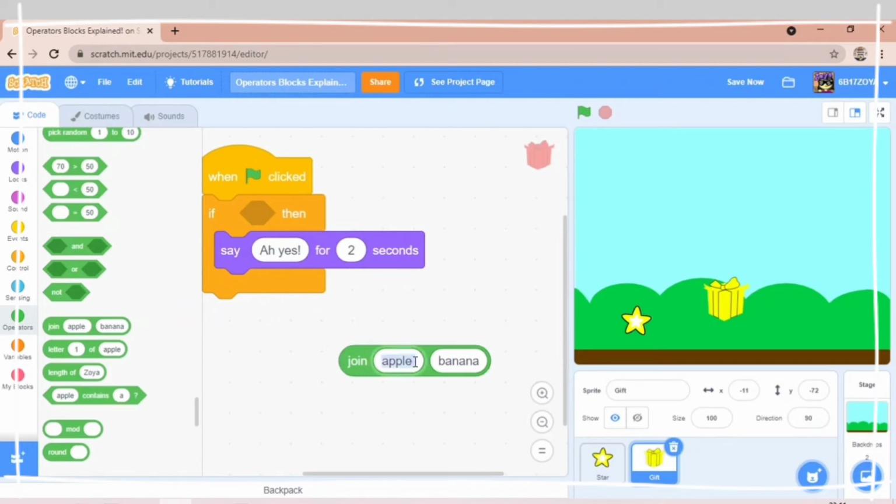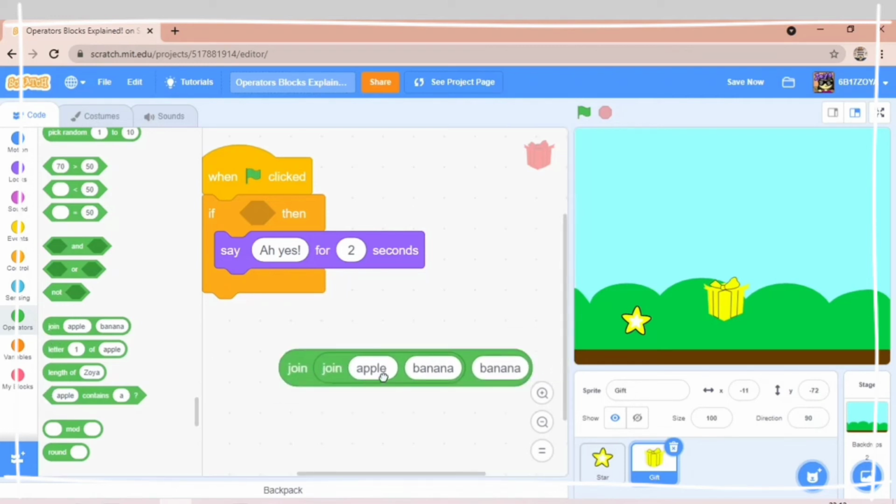Now join apple or banana or anything which you want. So it joins the written text together. Like you see apple and banana, so it says apple space banana. Now it just joins the text together. There was a space in the apple word, so you see the space, but if I remove it, then there won't be any space. So you have to put a space over there if you want there to be any space. You can also write multiple things, like I'll show.